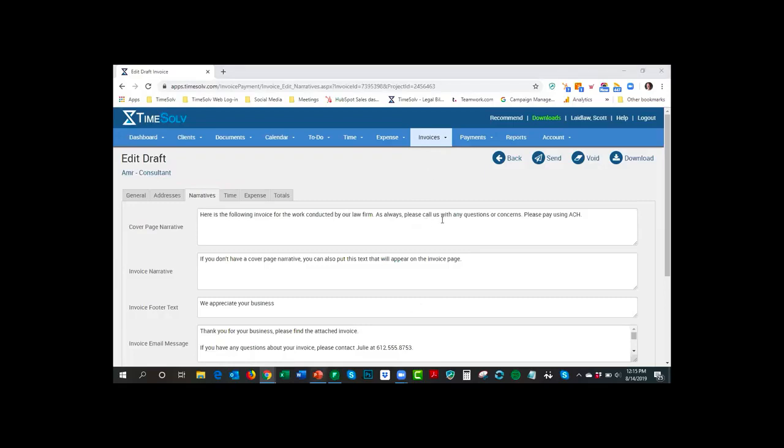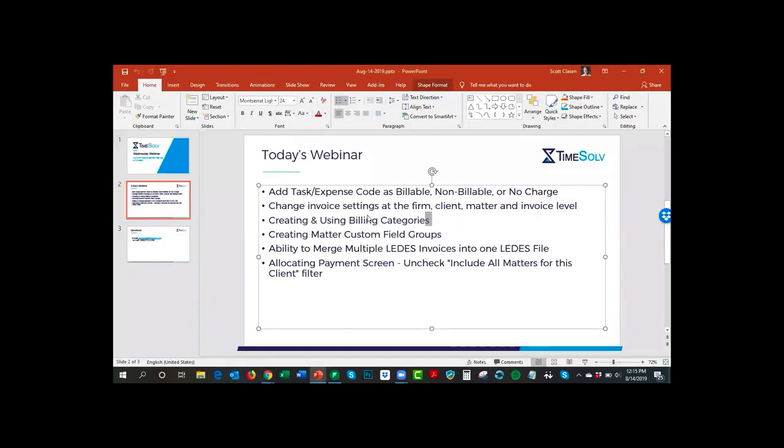Okay, let's talk about now billing categories, or sometimes they're called billing queues. And this is the idea of you may have a variety of billing arrangements in which you won't be generating an invoice for a client on a regular monthly basis. Perhaps you're going to bill them quarterly, perhaps you're going to bill them annually, perhaps it's contingent billing. But you want to do checks on things.